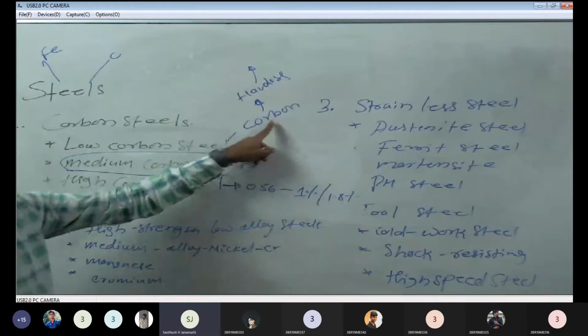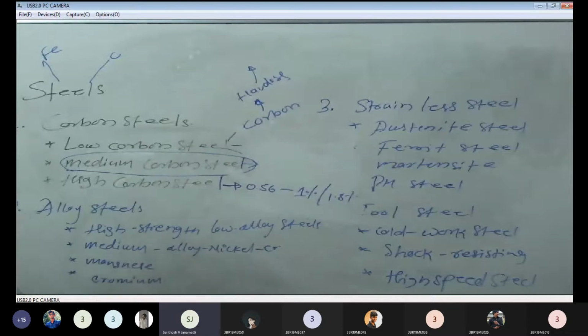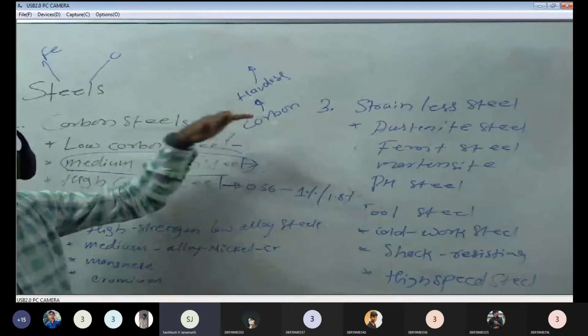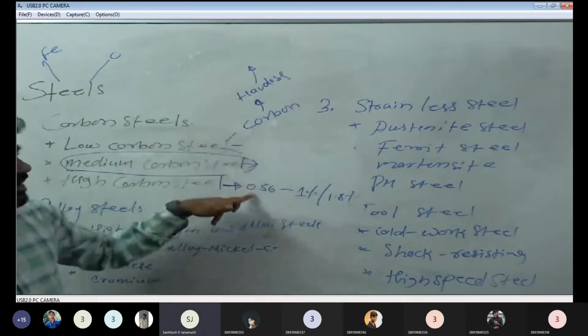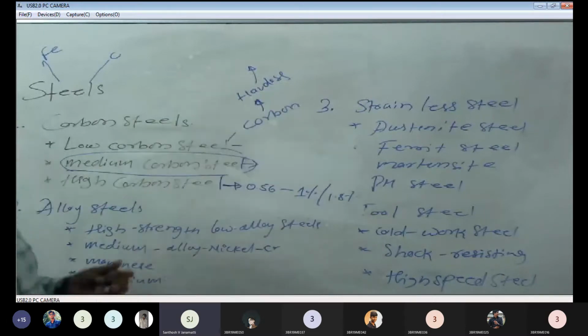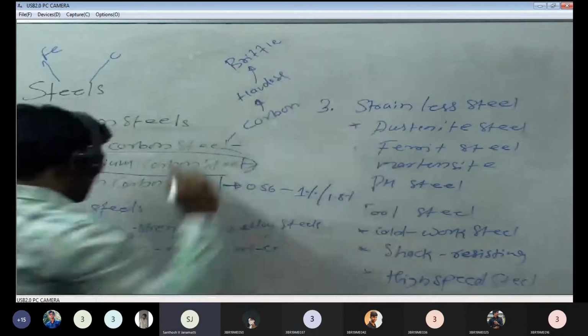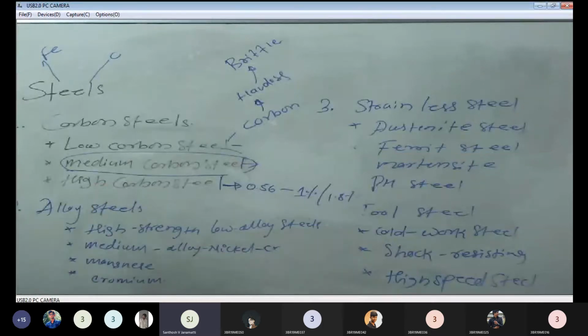If the carbon content increases, the hardness will increase, and the corrosion resistance is also improved. Keep aside the corrosion resistance, we can discuss it later. First, as we vary the carbon content and it goes on increasing, the hardness also increases. Later, what happens is it becomes brittle. It becomes quite brittle, this high carbon steel, because the carbon content is around 1% or 1.8%. Maximum 2% we can expect from steel.